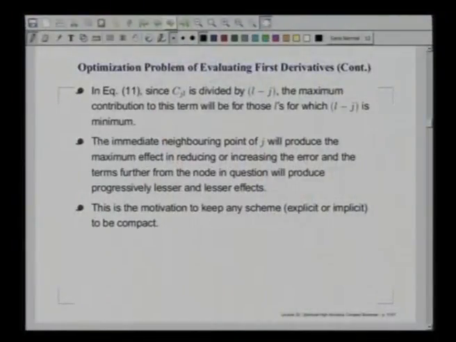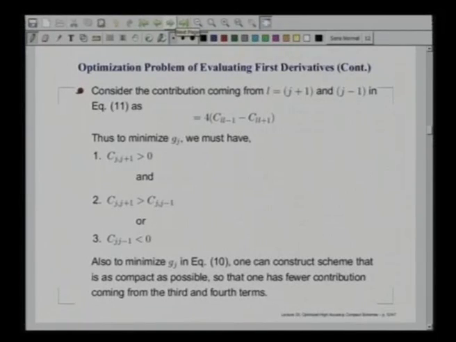So, that also gives you an idea why you need compactness. You do not want a widespread stencil, that does not do much in terms of reducing error. So, this is something that we can talk about. We have talked about now why we want to have a compact scheme, and then we can go ahead